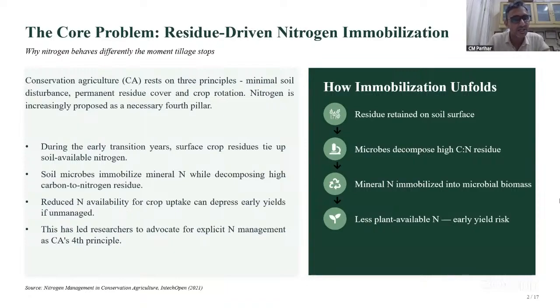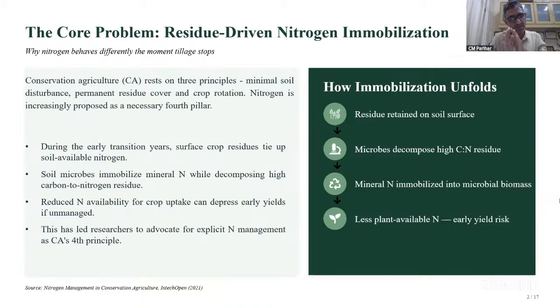Particularly, I am talking as per my experience, that is the maize-wheat cropping system. I am not generalizing for other cropping systems, but based on my experience, I can say this will work for the maize-wheat cropping system. Both are cereal crops and require a high nitrogen dose. So after 5 or 6 years of adoption of CA continuing with the optimized or recommended dose,